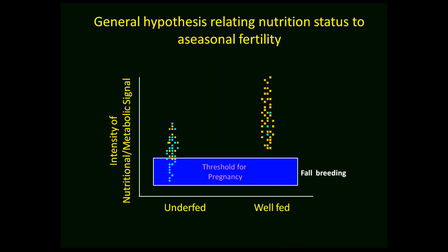So just to summarize this, during fall breeding, the normal breeding season of sheep, the threshold to get animals bred is rather low. Even skinny ewes will get bred. So we look at the underfed and well-fed flock. We think of maybe their body fatness or whatever that read is of energy status that makes them get bred. We don't know. Here's just a bunch of animals. In the well-fed group, they're well above the threshold. In the underfed group,